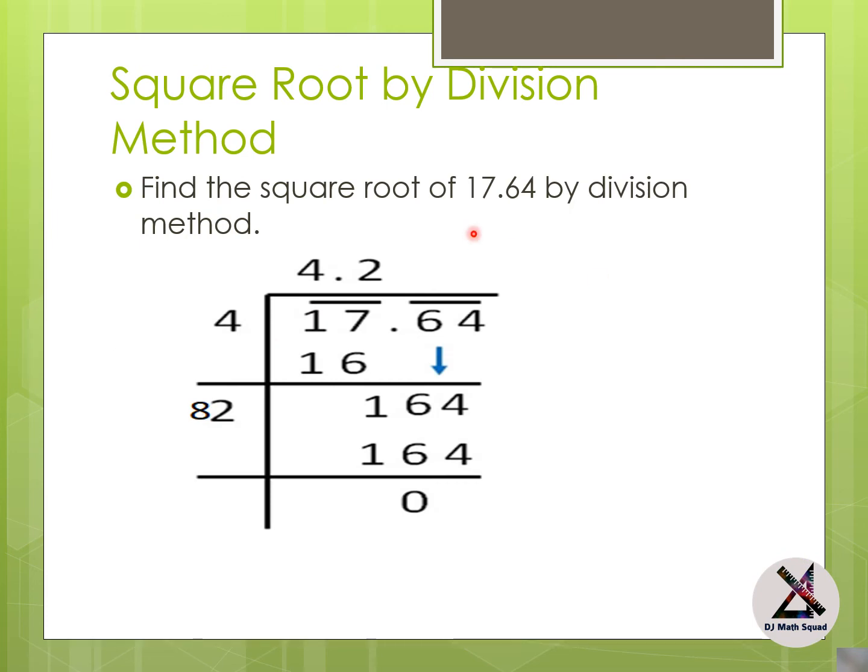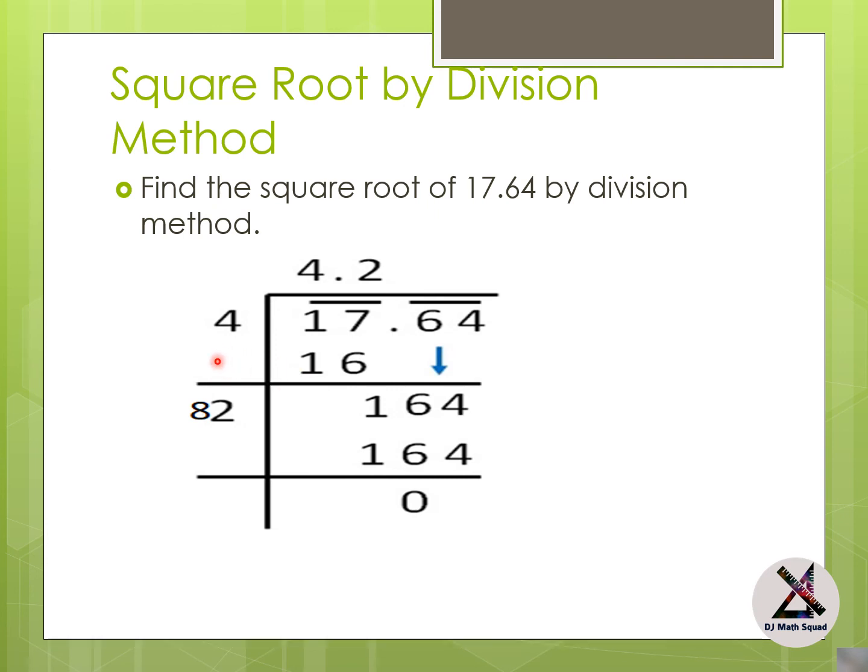Now we are taking another example of a decimal number, which is 17.64. Over here also we make the groups. Before the decimal we make the group starting from the units digit, like 7 and 1 in one group, and after the decimal we start making the group immediately after the decimal. It means 6 and 4 together, because there are only 2 digits before the decimal and after the decimal also, so we are getting one group only.